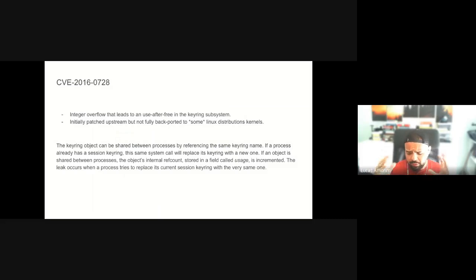Right. So the vulnerability is in the keyring subsystem. The keyring is used to store credentials in the kernel. Let's say you have an application and you need to store some credentials, and you want to make sure that other applications in user land cannot access those credentials in memory, because they would be stored in your memory. So you do a system call and ask the kernel, hey, can you store this in kernel space and only let my process access it? And then you can also do other system calls and say, okay, all the child processes can also access this